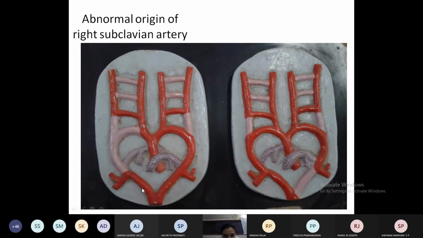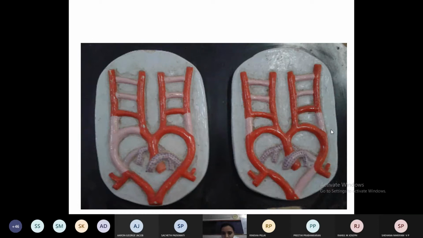And the below part will disappear, below the attachment of the intersegmental artery. Here on the left side, below the attachment of the 7th cervical intersegmental artery, the dorsal aorta has disappeared. So we get the arch of aorta on the right side. This is the right aortic arch. This is the right subclavian. This whole thing is the left subclavian. Reverse of the normal.